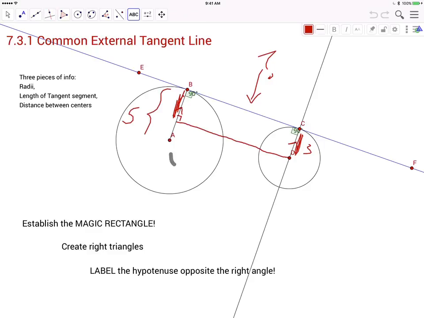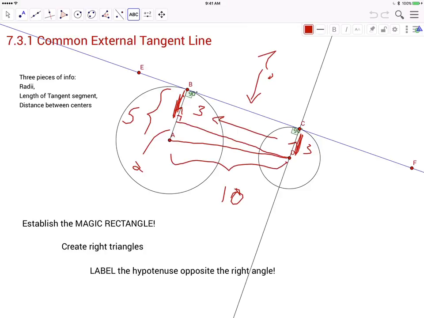And let's say you've been told that the distance between these two things is 10, just for fun. And in that case, we have a magic rectangle. I draw the perpendicular. I get 3 over here, which is awesome. That makes this 2. And you'll notice that if I connect A to D, I now have a right triangle